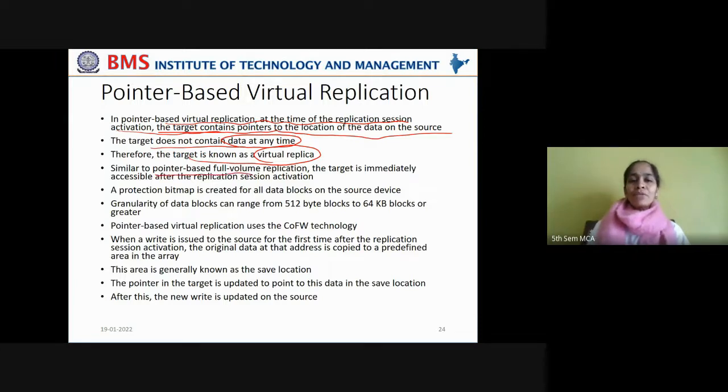Similar to pointer-based full volume replication, the target is immediately accessible after the replication session activation. Though the replication session is running, the target will still be available to the business continuity host without having to be detached from the source. Now, a protection bitmap is created for all data blocks on the source device, because whenever some updates happen to the source data, that bitmap has to be updated so that it reflects the changes made